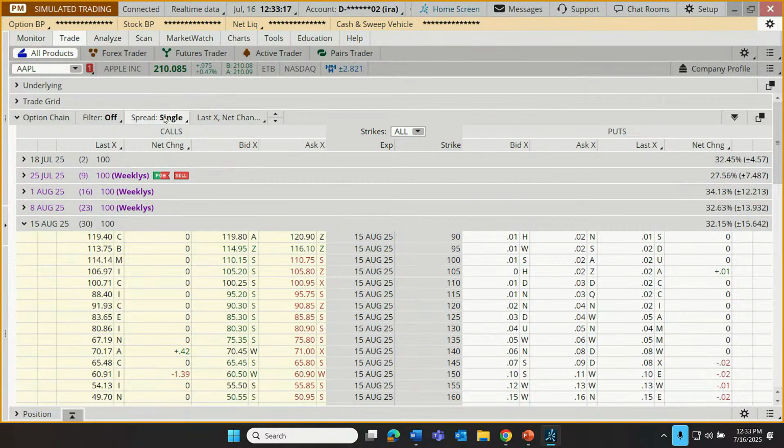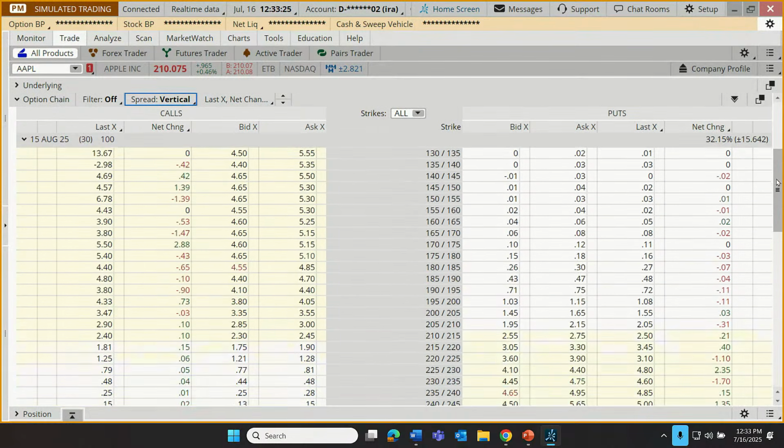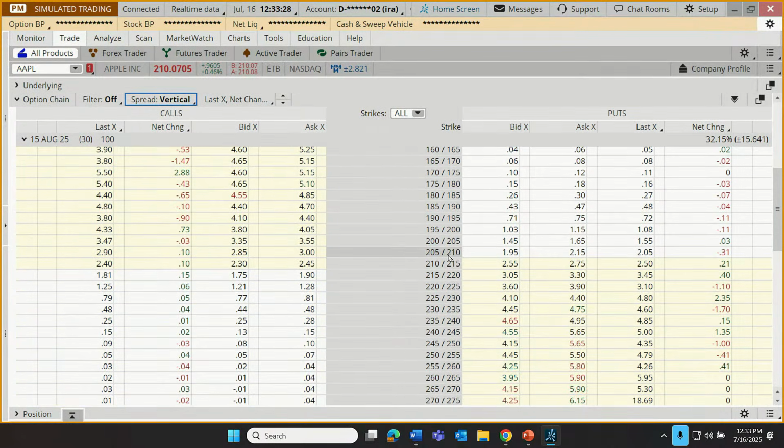Now, sometimes a trader is like, well, maybe I like to trade vertical spreads. Well, we can click on spread and change this to verticals, and then that pairs up the strikes, one strike with the next. By default, it's just going to go one strike increment apart, right? So, for example, let's say that our Apple would-be option trader trades vertical spreads, and they choose this, and then they can look quickly and see, let's say they were interested in buying a long call vertical. Maybe they're going a little bit in the money with a stock trading at 210, maybe the 200, 205 as an example. They can now trade that just by clicking on the bid price or the ask price.